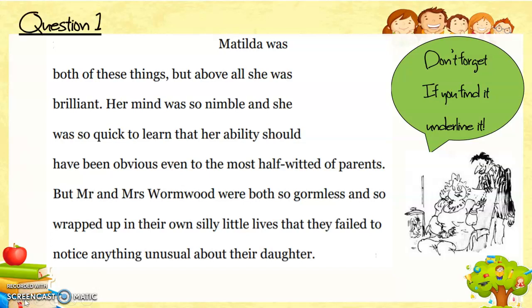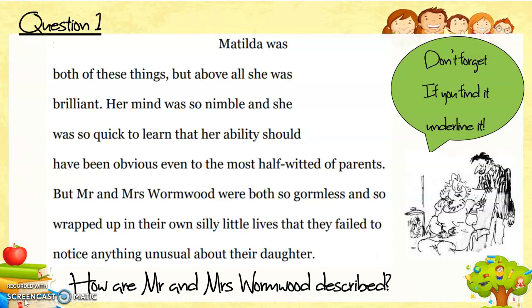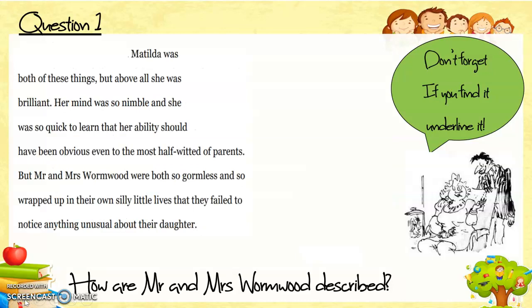Let's look at what question 1 asks us. How are Mr. and Mrs. Wormwood described? This is a retrieval question, so we need to find it and underline it. The key words in the question are Mr. and Mrs. Wormwood. When we find those words and then read on, we might find an adjective to find how they are described. So, is it mean,